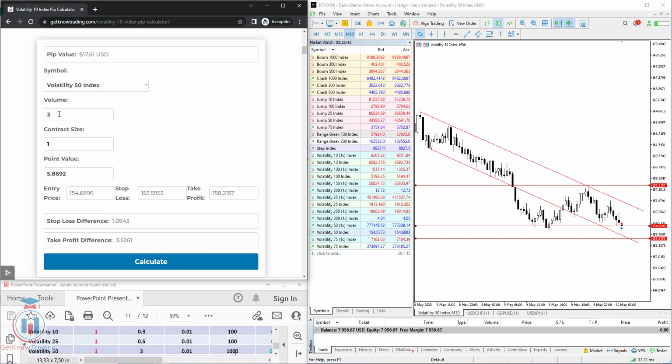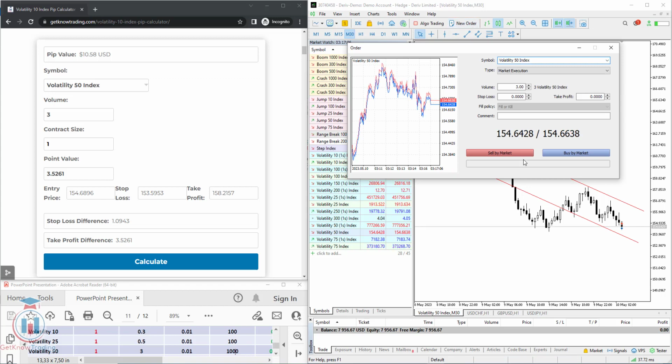I will leave the volume 3 because it is the minimum volume that you can use on the Volatility 50 index. Copy this one for the stop loss, paste and calculate. We get $3.28 would be a stop loss and the take profit would be 10.58. If you are satisfied with that, you can simply come here and open new order with stop loss predefined, here it is, and take profit, copy paste, here it is. The volume is 3 as the minimum one, and click buy